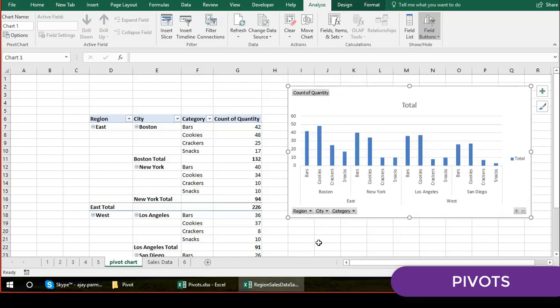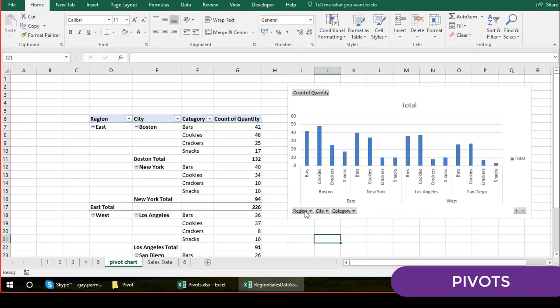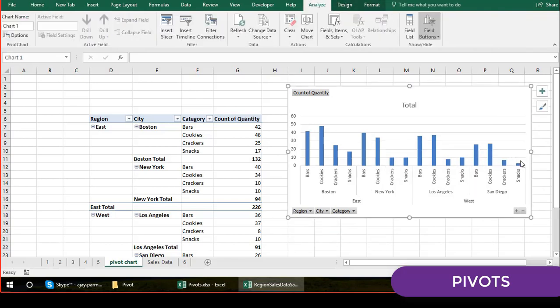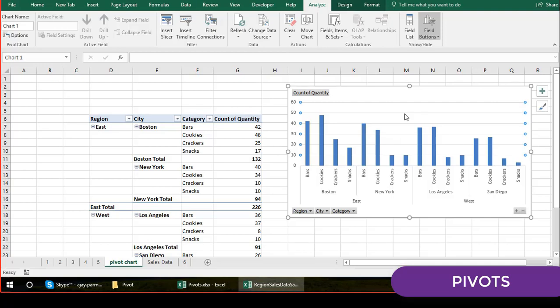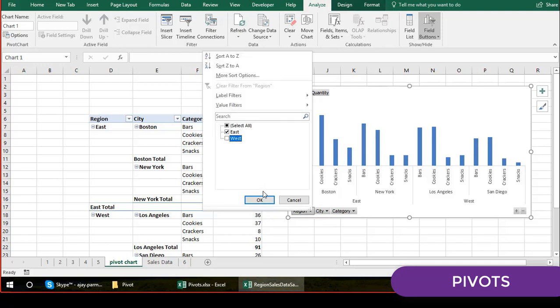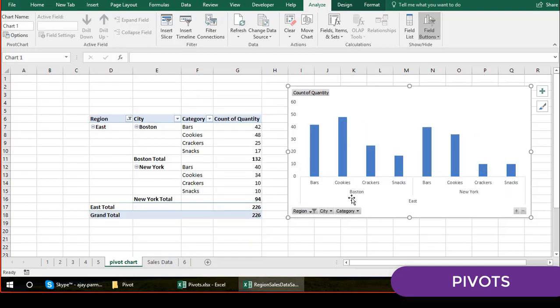Now, interestingly, what happens when the pivot gets created, these buttons also get created, which normally in the other charts you don't find. First of all, let me remove this total. You want to give some title? You can. I just remove it. I remove the grid lines as well. Select the grid line and remove that. Now, if I want to see the region only for the east, look at this, guys. I can do the filters from here. This is how you can play with your pivot.